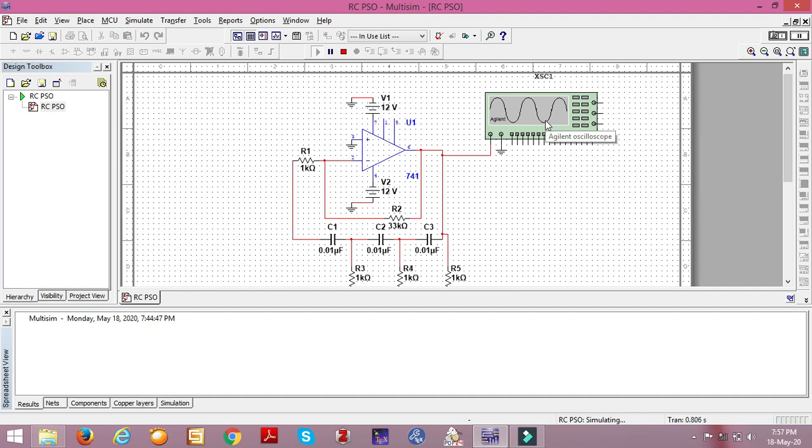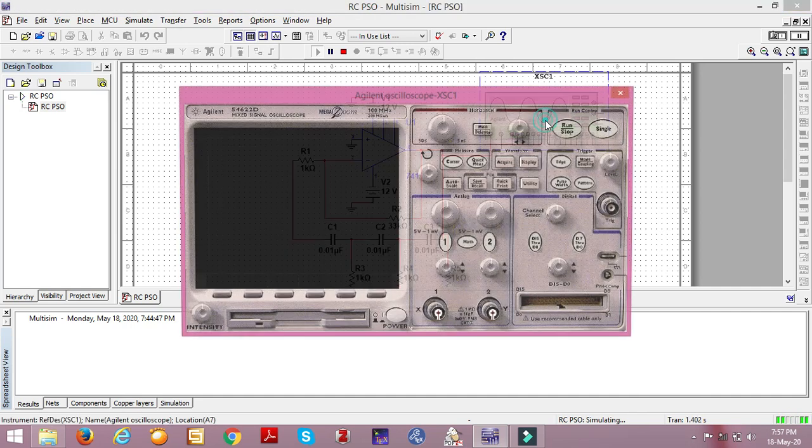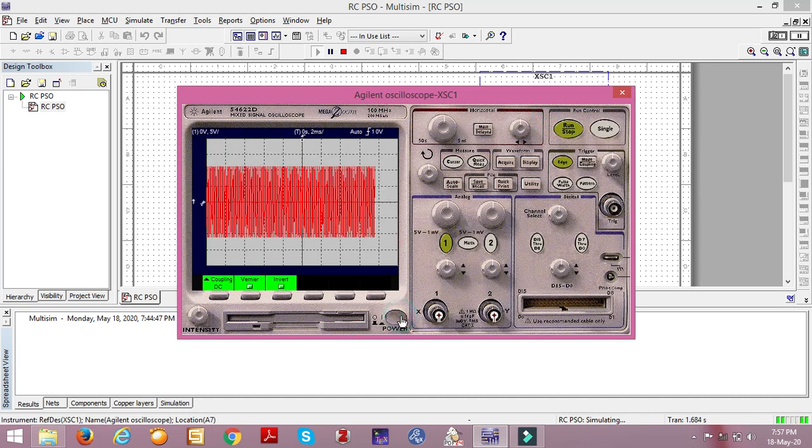This is my CRO on which I am observing my waveform. So double click on this, and switch on the power supply. Already output is available. You can vary the time division knob for clear visibility. Also you can increase or decrease the voltage scale as per the requirement.